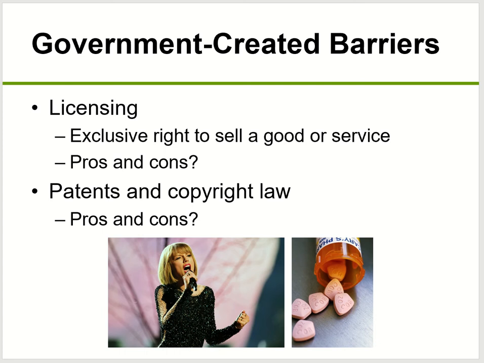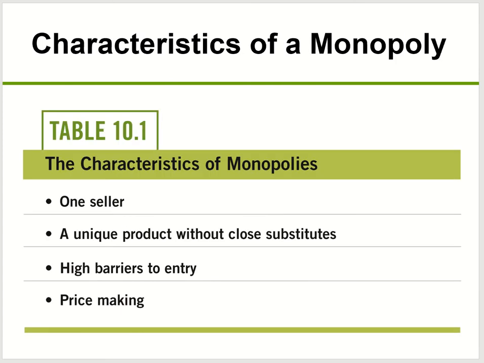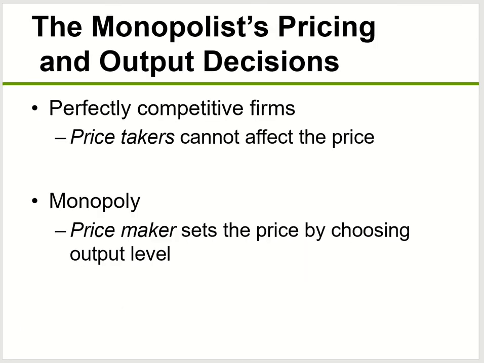All right, next, for a monopoly company, these are the characteristics. There's only one seller. They sell a very unique good with no close substitute, has high barriers to entry so other companies cannot join the market, and they're a price maker. They make the price they want to sell at, they don't take the price. Everything here is different from perfect competition. In perfect competition, those companies are price takers, but for a monopoly, they're a price maker. You don't take the price, because you're the only company in town. You have the power, the monopoly power.